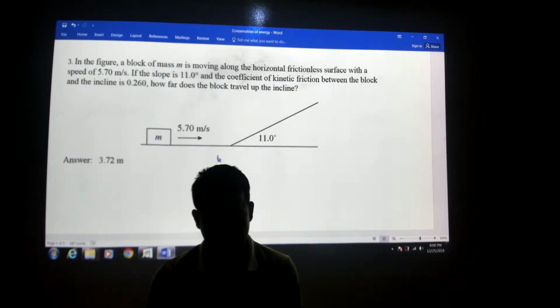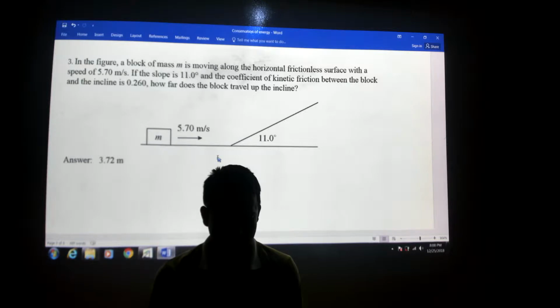In this problem, you have to find out the work done, or the distance traveled on an inclined plane. A mass is moving towards an inclined plane, and there is a coefficient of kinetic friction as well. With this information, you should be able to find out how far the block travels along the inclined